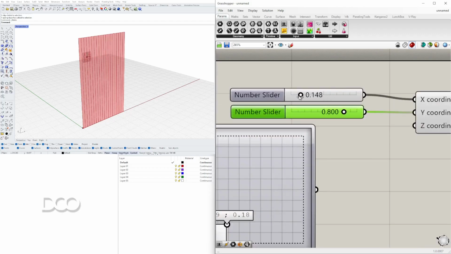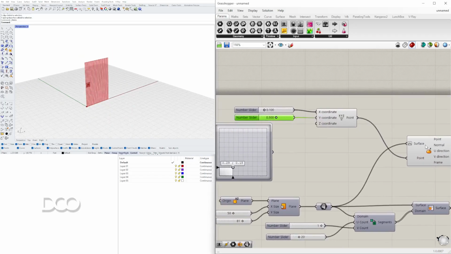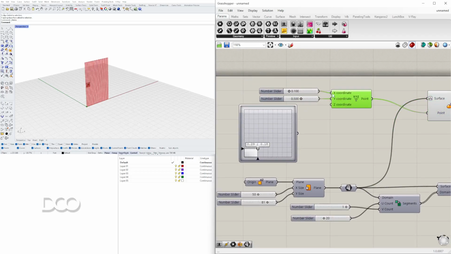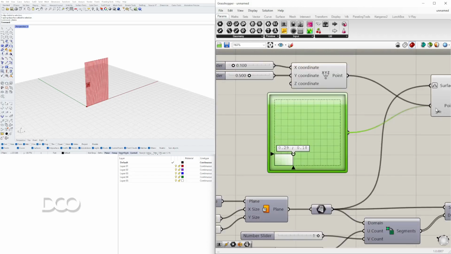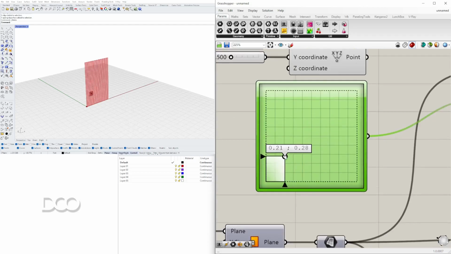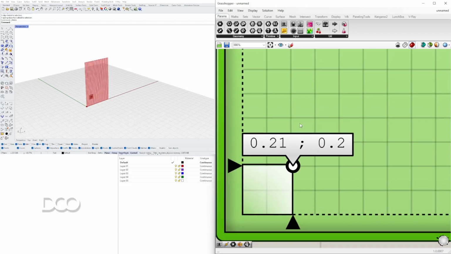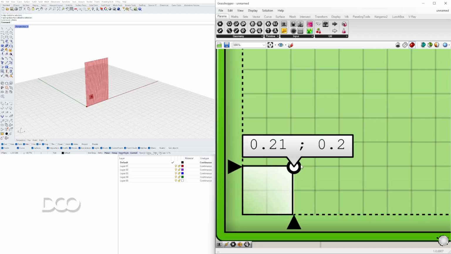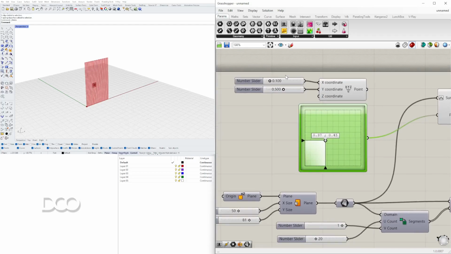And now we can go, let's say, 0.1 in the X and 0.5 in the Y, which would be in the U and the V. And now with this, we can be more precise as to where we want to create that point. But the reason why we use the MD slider is because it gives us a really cool, in my opinion, way to visualize where the point is located, and it does give you some fairly accurate numbers here for you to place a point. And then if you want to go further and say 0.37 and 0.45, then you can actually add those here